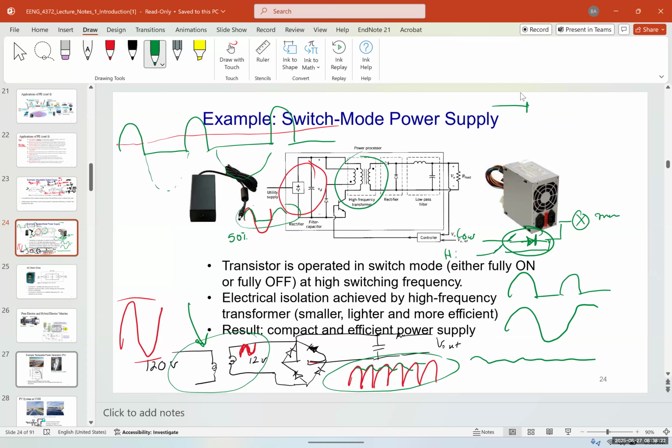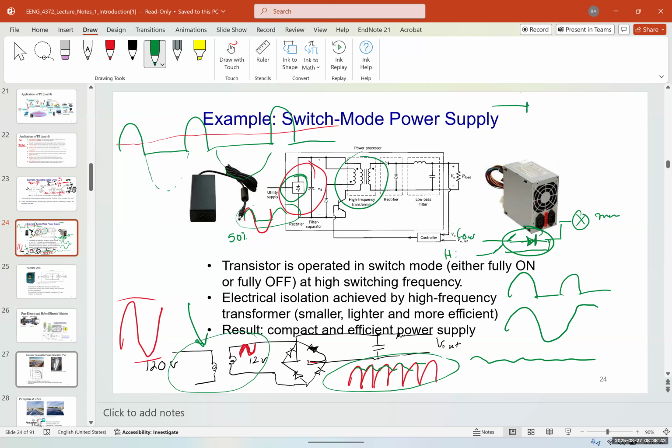So the transistor is operated in switch mode, either fully on or fully off at high switching frequency. Electrical isolation is achieved by a high frequency transformer, which is smaller, lighter, and more efficient, and the result would be a compact and efficient power supply. So in more advanced cases, instead of this diode, we use a